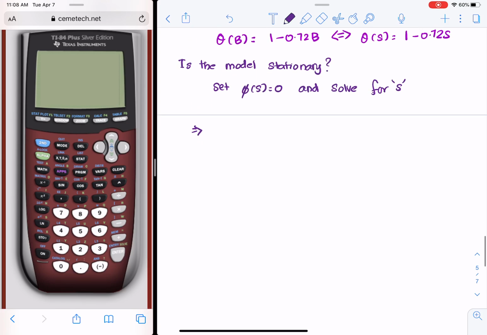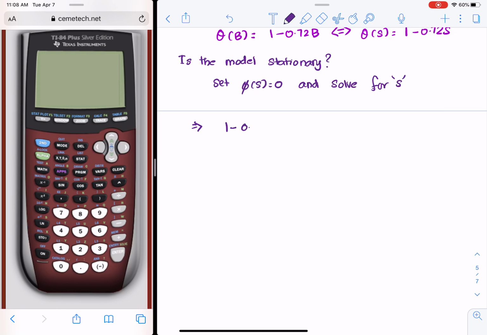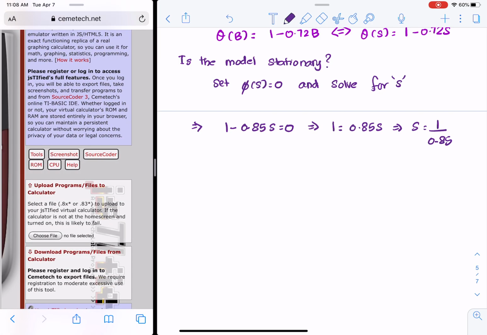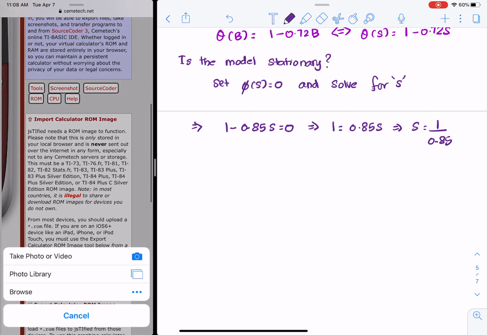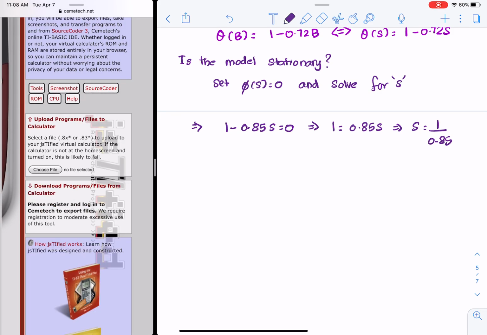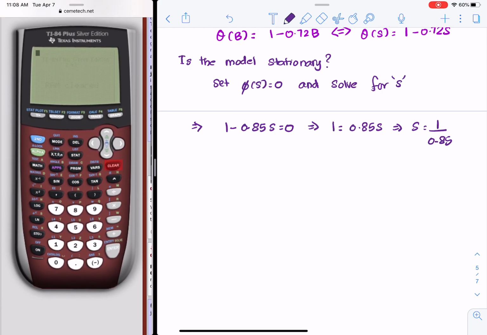So that would mean 1 minus 0.85s would equal 0. 1 equals 0.85s, which would imply s is equal to 1 over 0.85. So s happens to be 1.18 approximately,